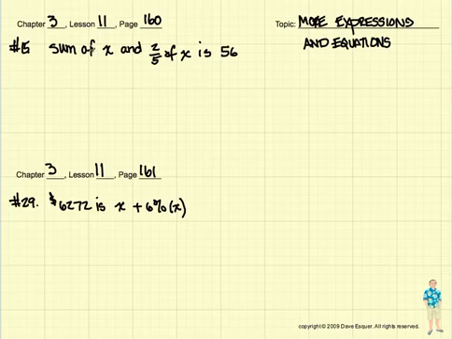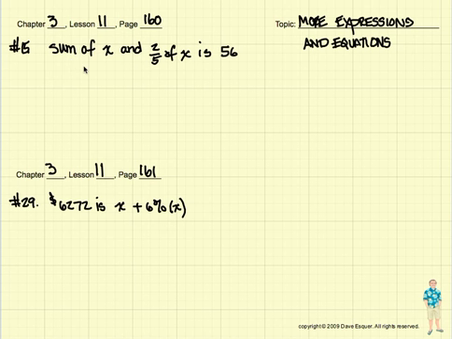Chapter 3, Lesson 11 on page 160 and page 161. We're going to be almost wrapping up the lessons with some equations and expressions and word problems, but if we go slow, we can usually decode what the problem is trying to say. Words are there just to confuse us, but if we go slow, again, we can figure out what the problem